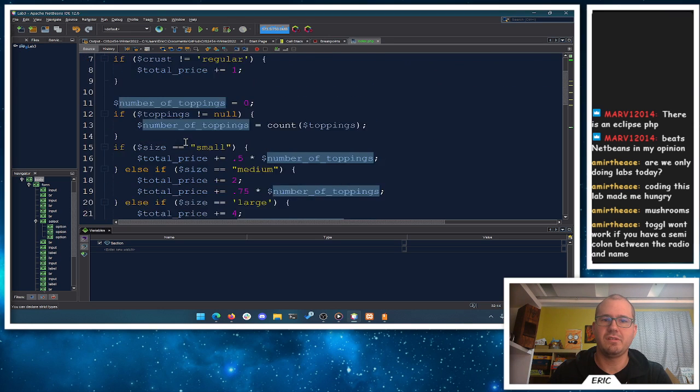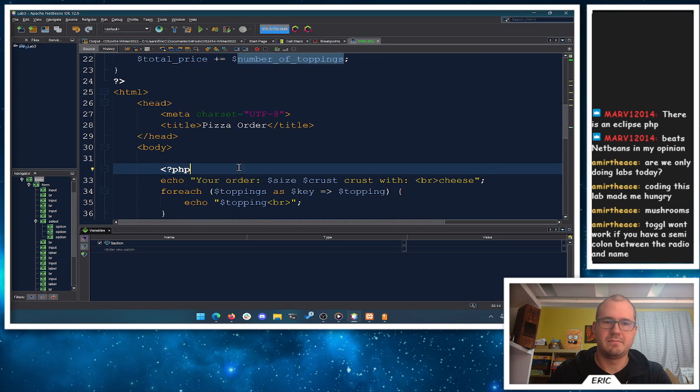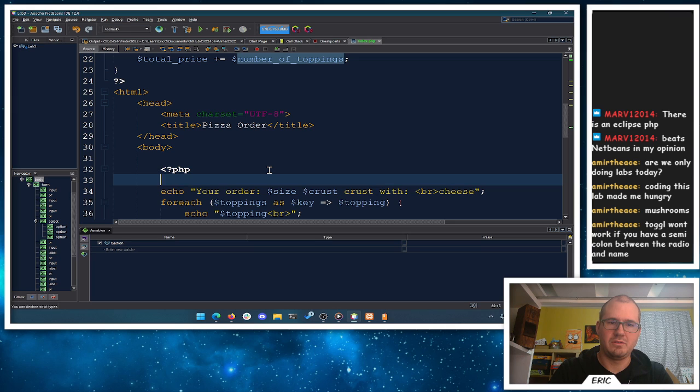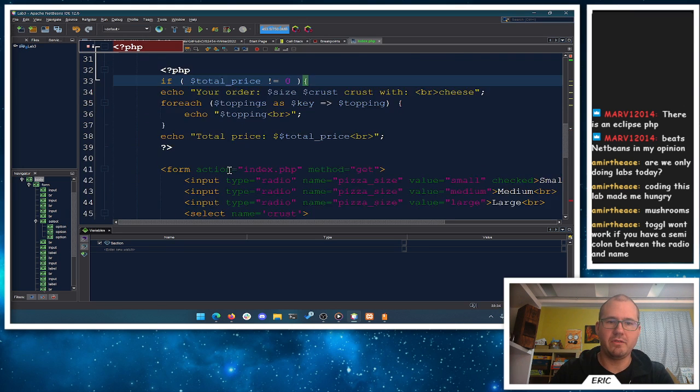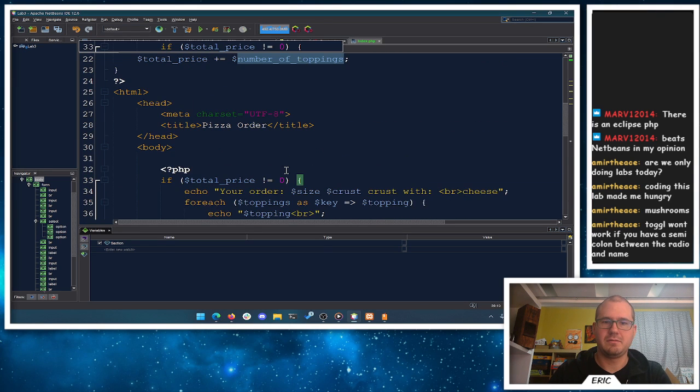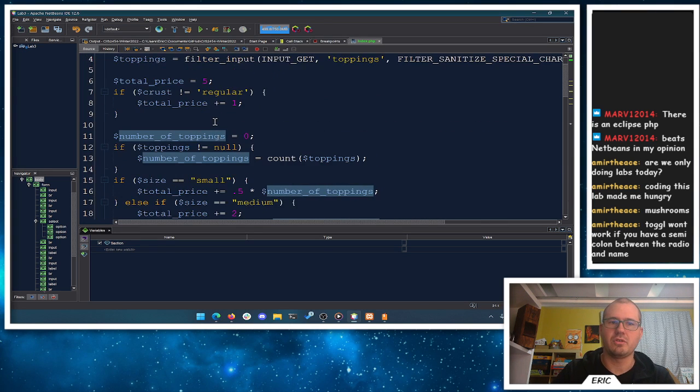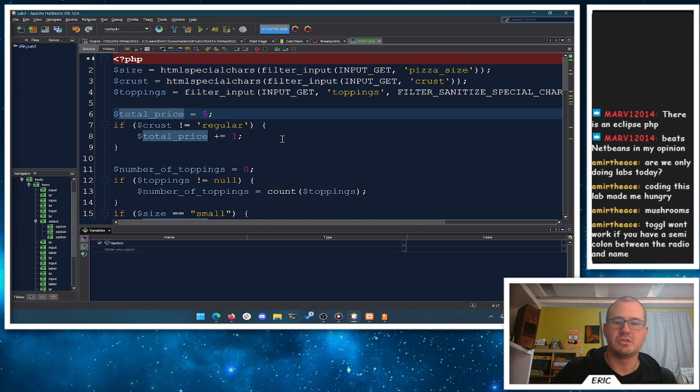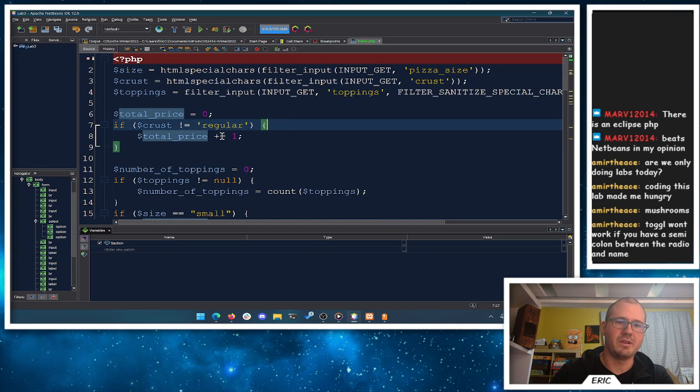So if total price, this should probably happen if my total price is not equal 0. Then I can display all of this stuff, right? So probably an easy check, because we're going to start total price off at, oh, we should start it off at 0, that's right. And then total price,